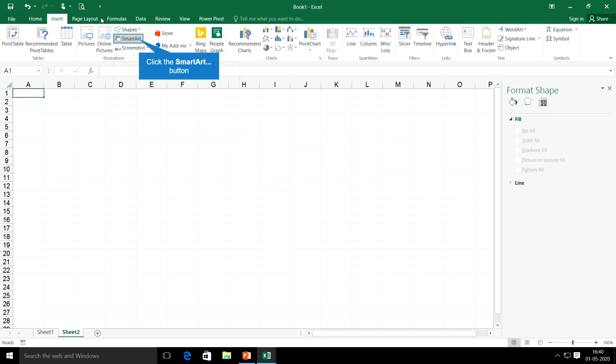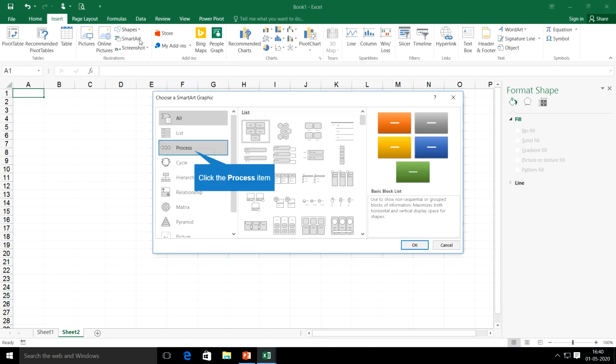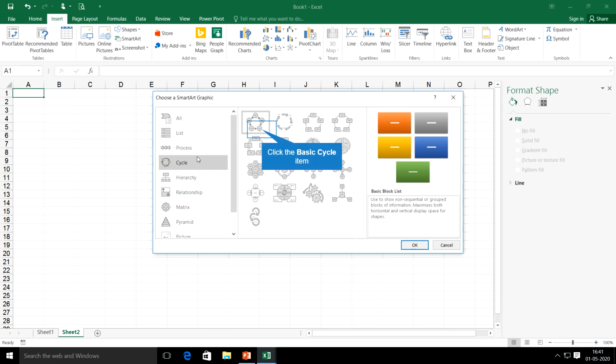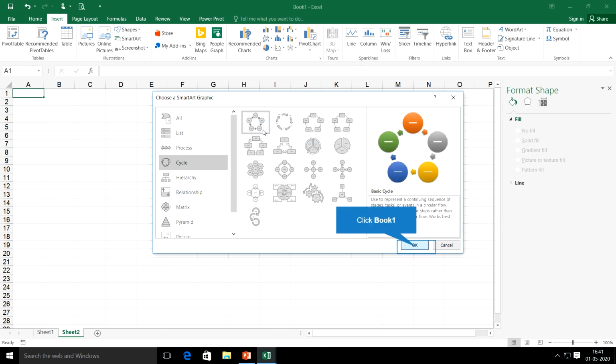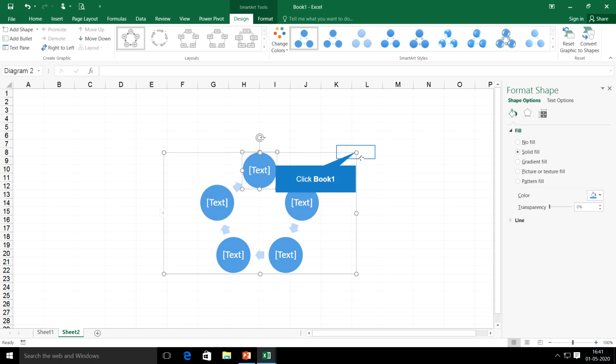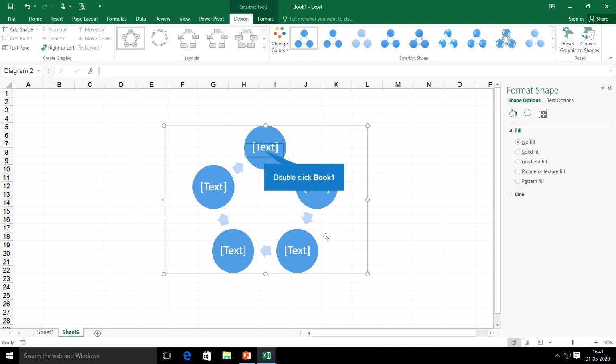Going to the insert menu, selecting this smart art. There I have selected cycle, and then in this cycle option I have selected the first option and then clicked OK. So the moment I click OK, I got a diagram which is showing the flow of process.